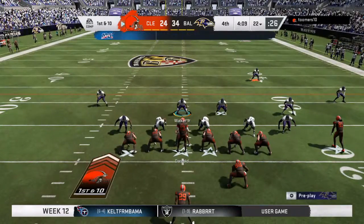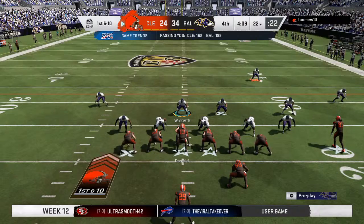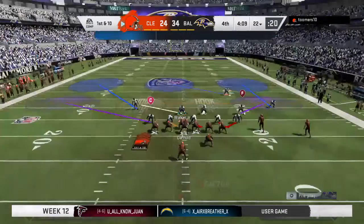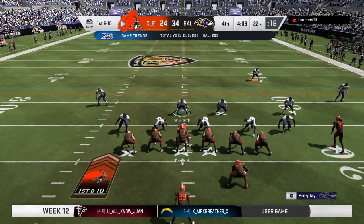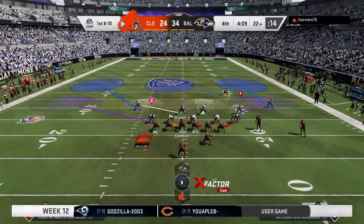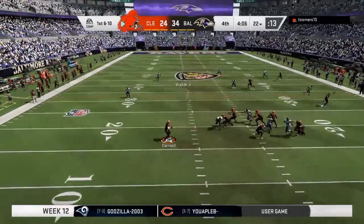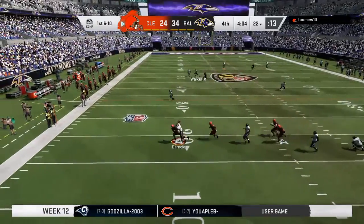And following the interception, just any interception, are you a little bit more cautious when you start that next drive, or no, you just throw that out the window? I think you are. I don't think there's any way you can run back out there and go, totally didn't affect me. Let's just go ahead and be loose with the football again. You're going to take care of it, but you have to be careful about being too cautious because now...